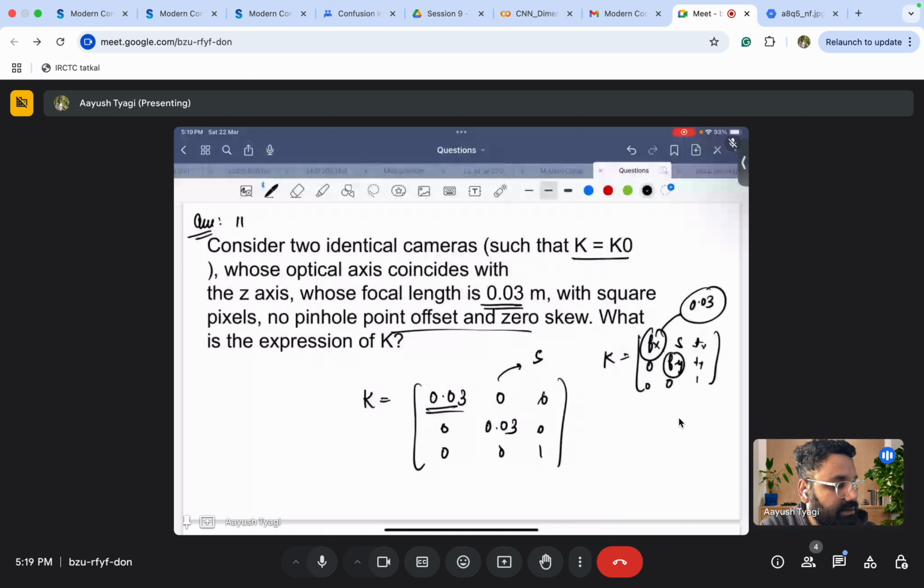Now consider the point x dash expressed with respect to the first camera coordinate. x dash is basically a rotated and translated version of x, where you have given the rotation